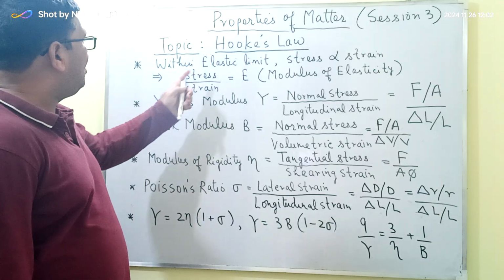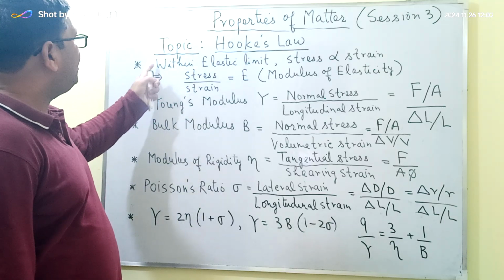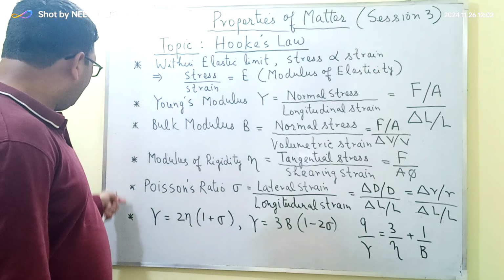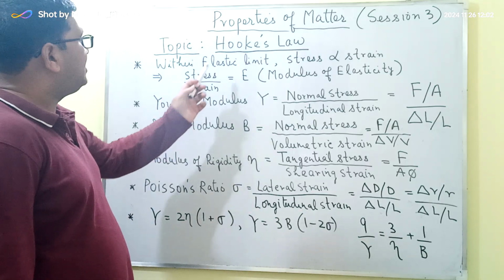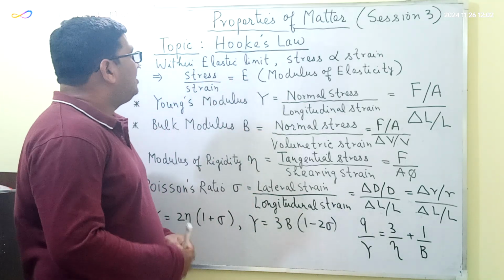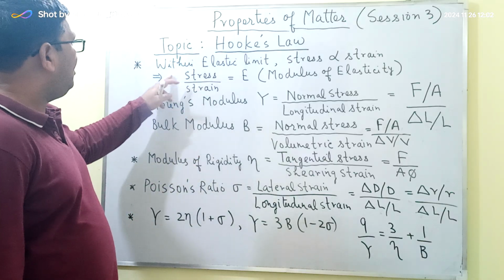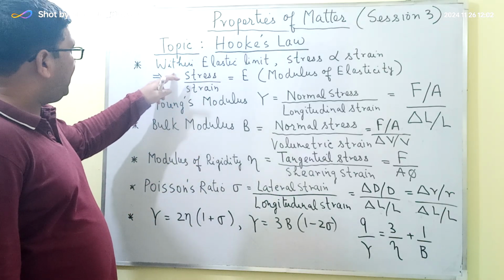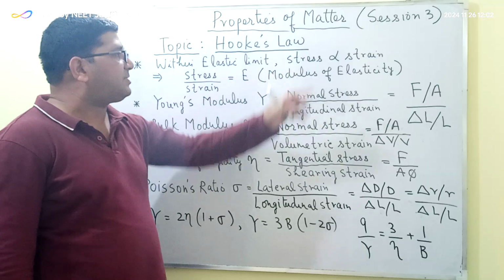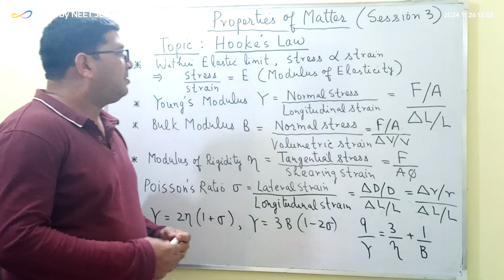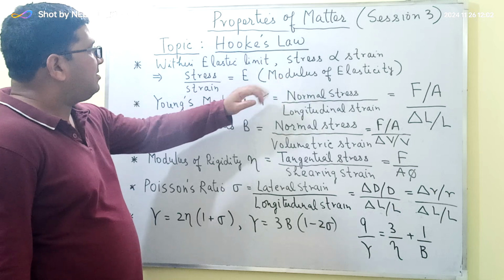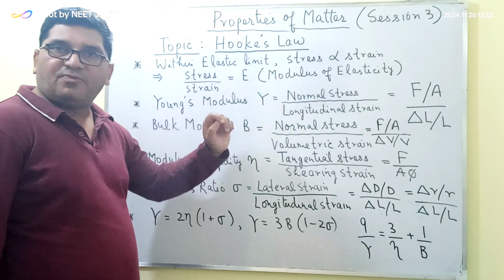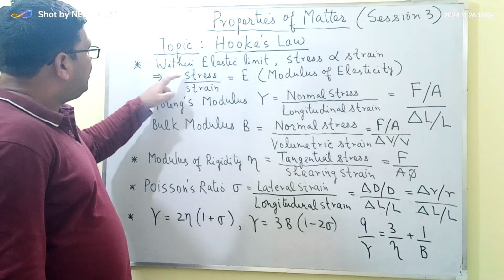The topic is Hooke's law, and based on this topic, I have written here 6 bullet points which will describe this topic in brief. As per Hooke's law, for any body within the elastic limit, the stress is directly proportional to the strain. So, since stress is directly proportional to the strain within the elastic limit for any body, then the ratio